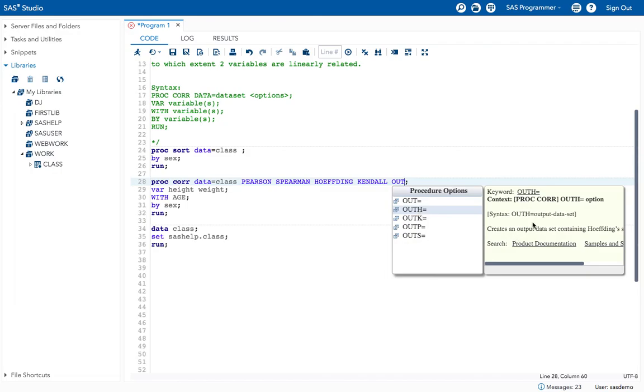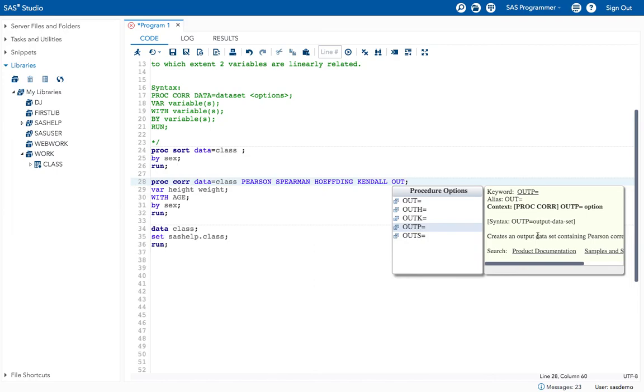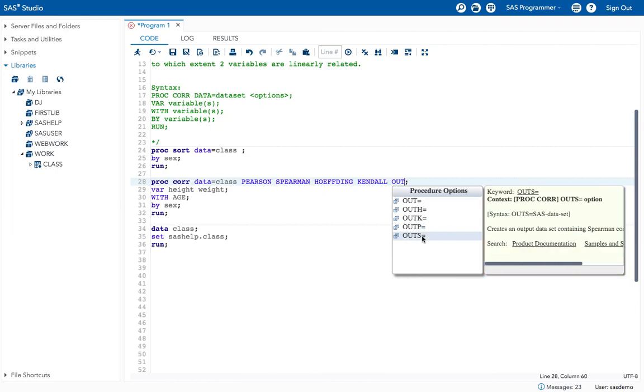This OUTH creates an output dataset containing Hoeffding statistics. OUTK is to create an output dataset containing Kendall's correlation statistics, okay. OUTP for Pearson correlation, okay. Like this, if you want to print different output datasets based on the type of correlation that you are using, you can use different OUT options, okay.